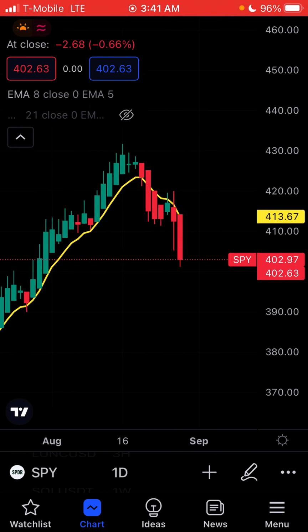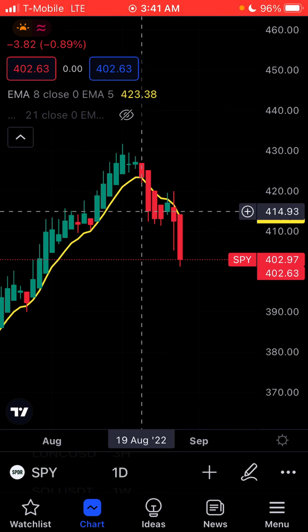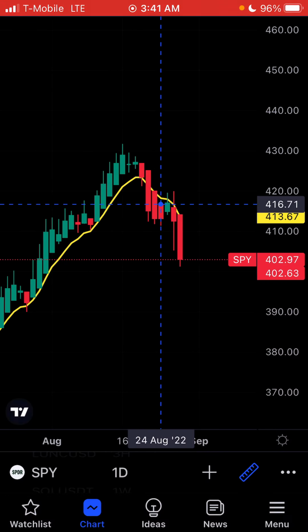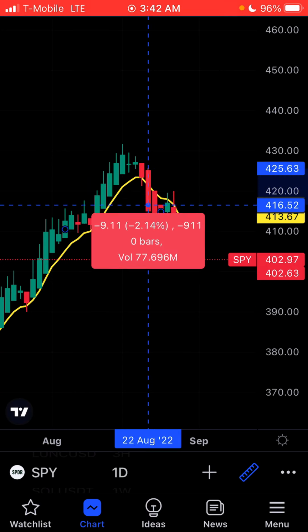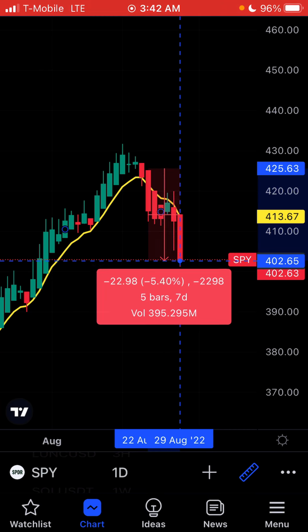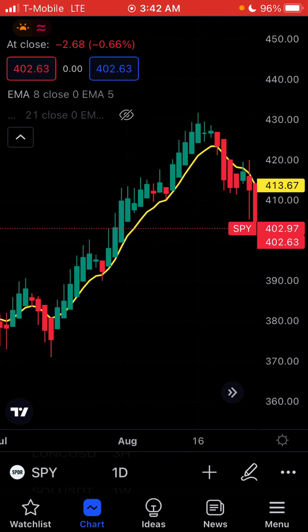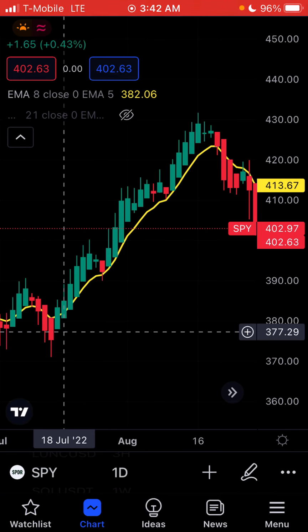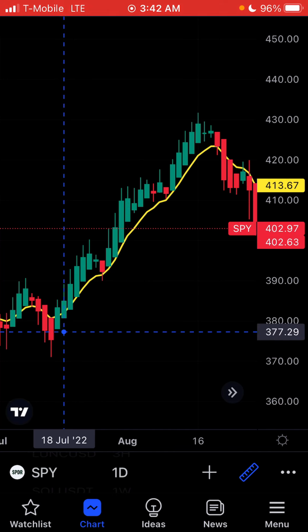What we can see right here at the top is this red candle went through and went down. The direction it went was down. And then what happened after it went through the 8 EMA? It went on a downtrend, and that is a $22 difference in price. Now, if you were to go down here to this point where you see this green candle going up,